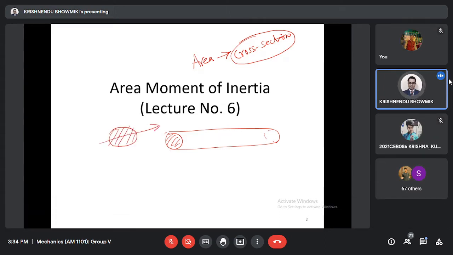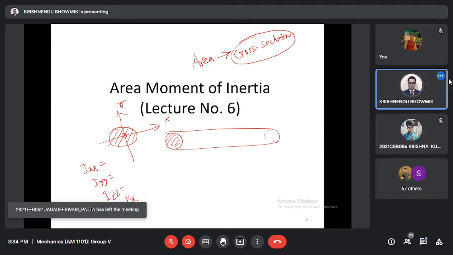Maybe this is the x axis, this is the y axis, this is the z axis, and this is the CG. We are calculating the area moment of inertia Ixx, Iyy, Izz, then radius of gyration kx, ky,